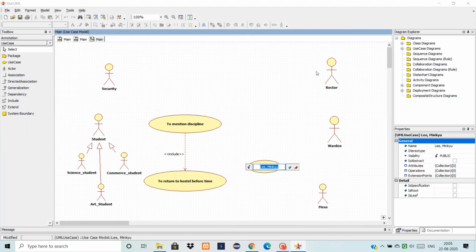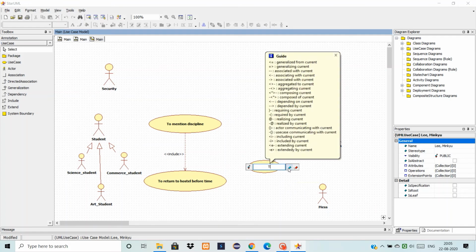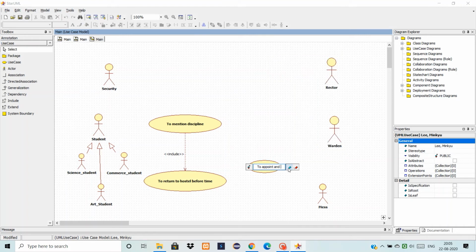Then if we consider the rector, the rector's responsibilities include appointing and training the warden. That's the function of the rector. So I'll write here, to appoint and train the warden.